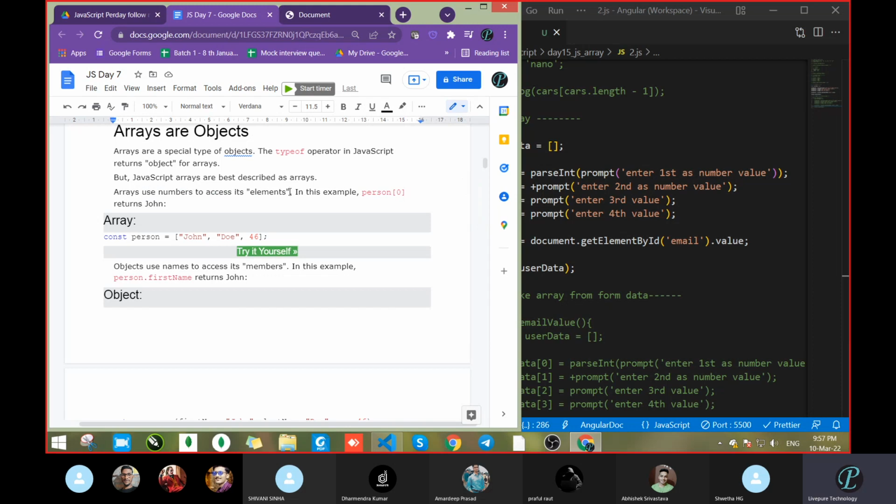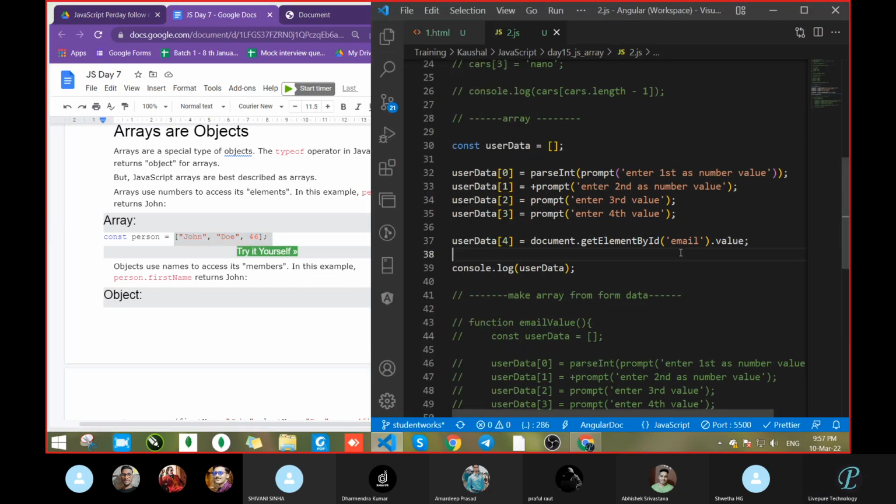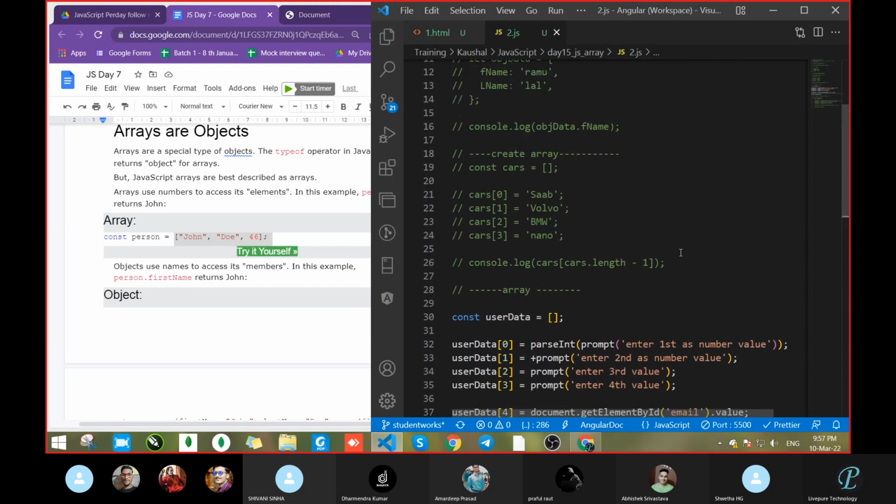So see, how to access array data, with the help of which one? For accessing this data, what were we using? Anyone? How to access the data of an array? Any idea? With the help of index, sir. Why is nobody speaking? What is the problem?